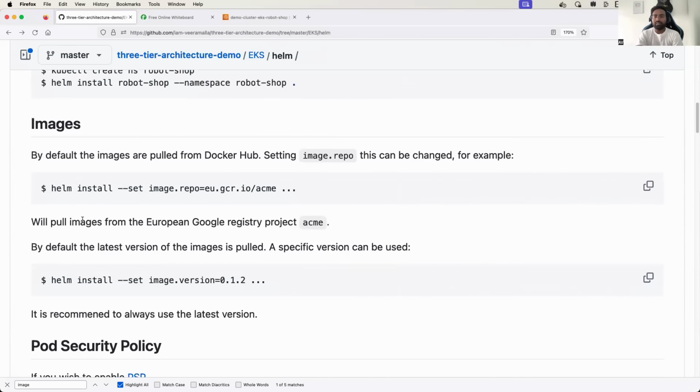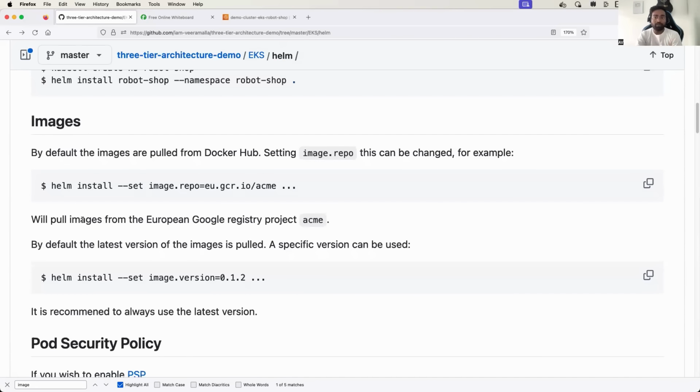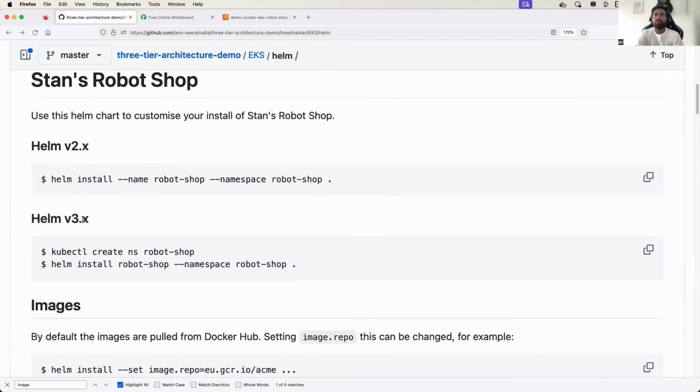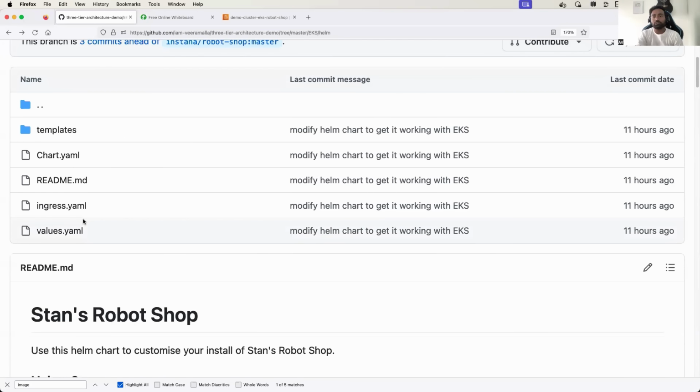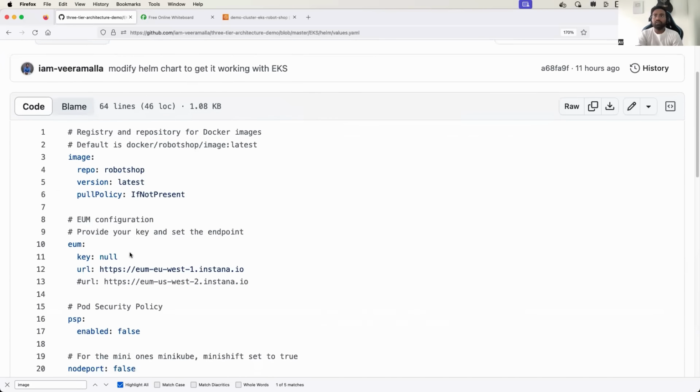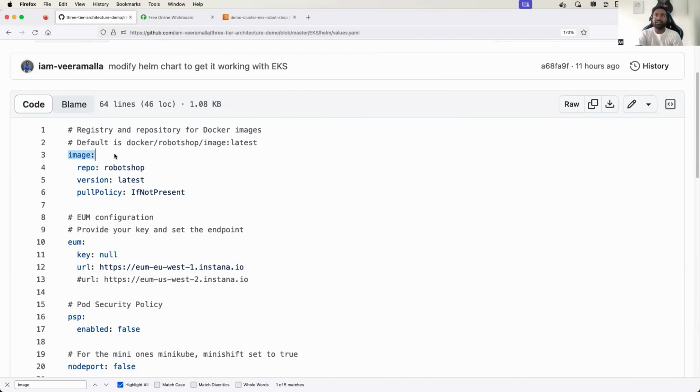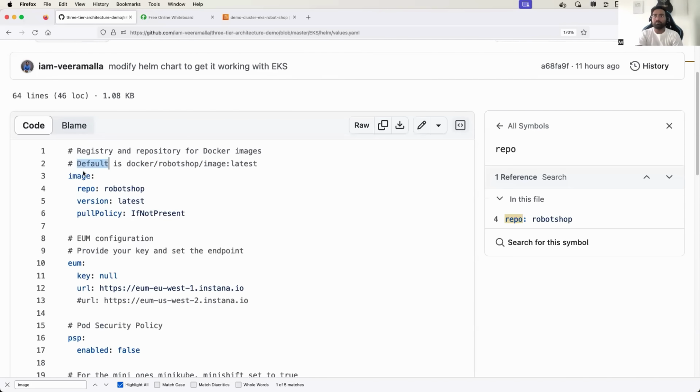And every time, if I have to update the image repository, let's say tomorrow you have changed the image repository, or tomorrow you want to switch to a different image repository. If you keep that in the values.yaml, right, you can add image followed by a repository name here and version. Tomorrow, if you want to change the version of all the components, you can just change it to V1, V2. Or if you want to just change the repository from robot shop to something else, you can also do that,